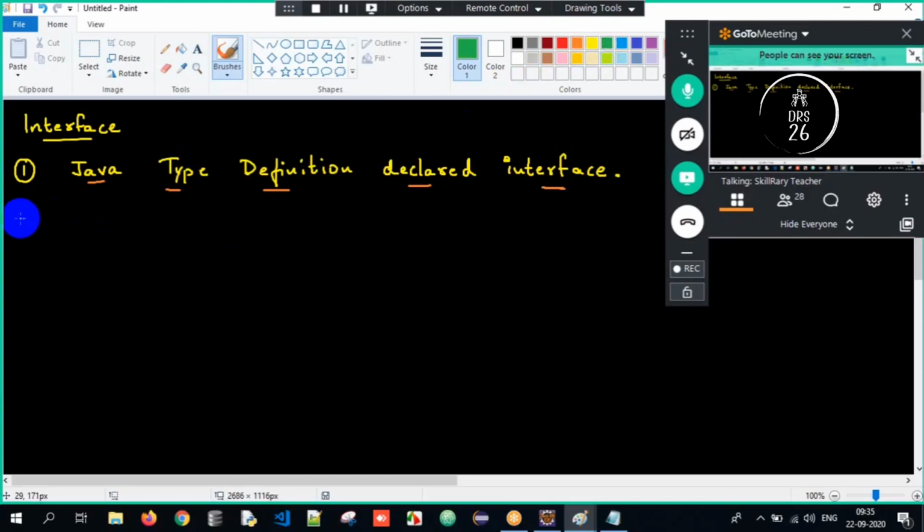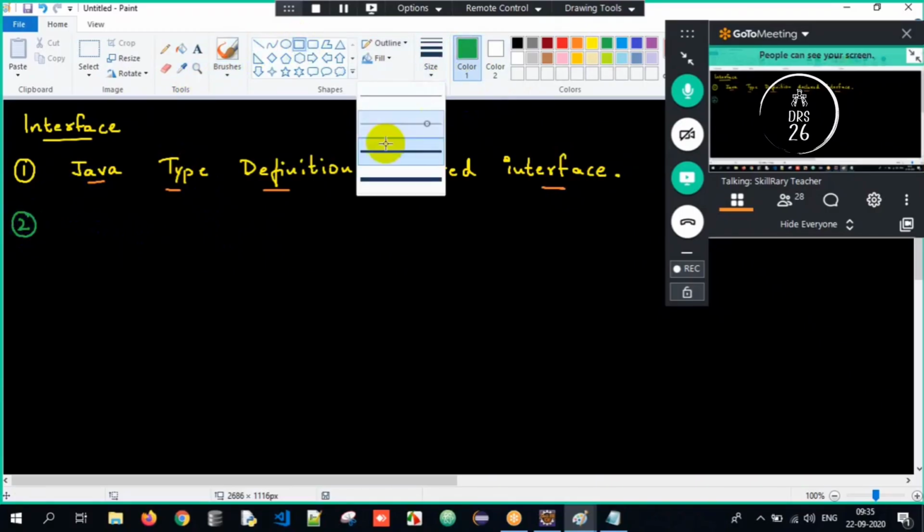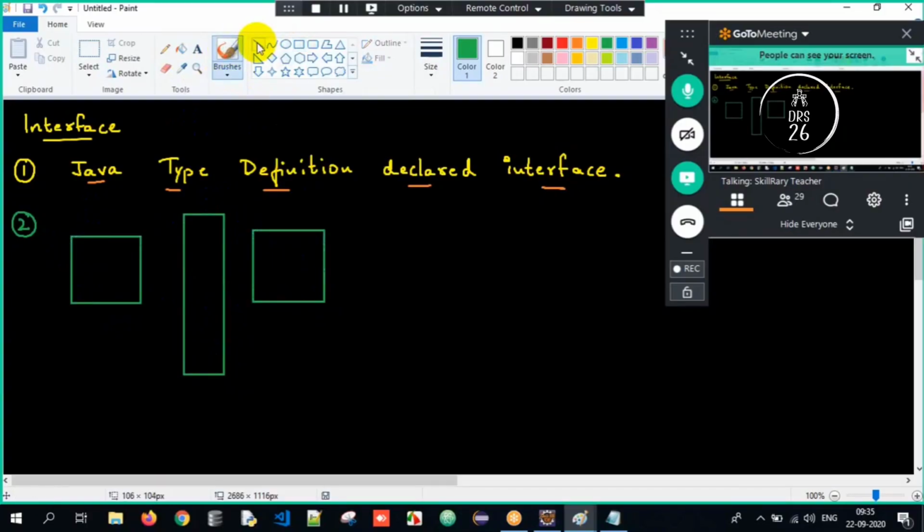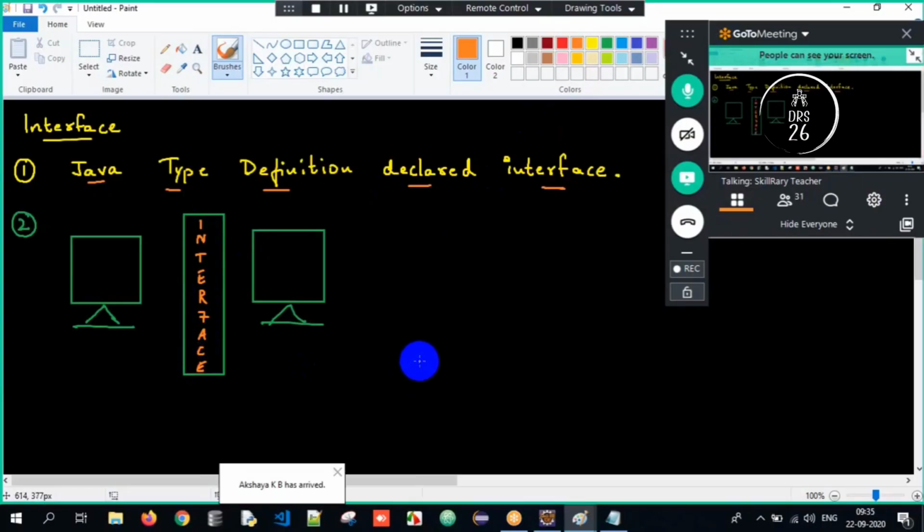The second point is, you can also indicate what an interface is in a different manner. Let me explain it in a beautiful manner. Let me write down a couple of things here so that it becomes very easy to understand. So I have an interface here, I N T E R F A C E. There is an interface over here.